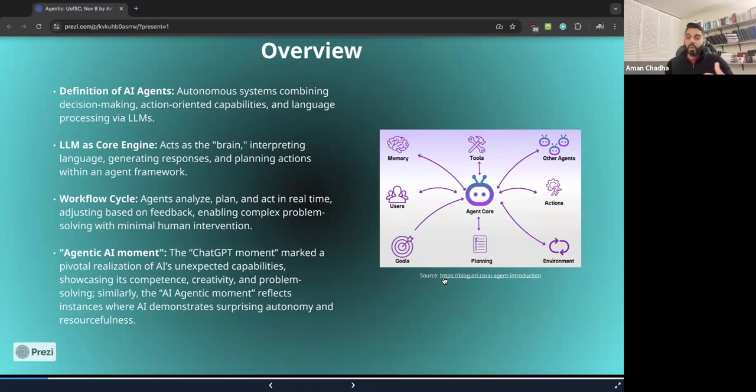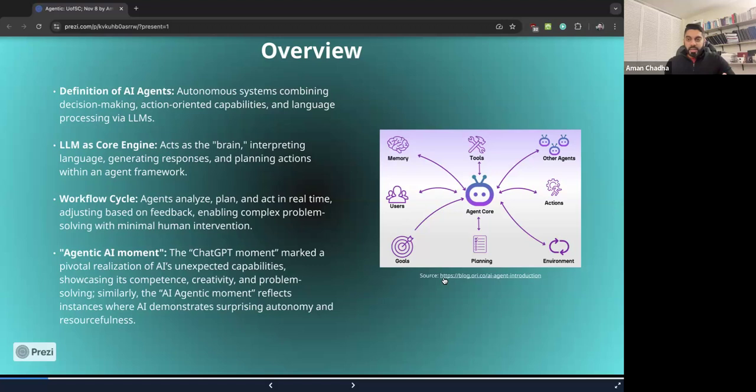Do we require reasoning? Do we require some planning? Do we require tool use? Do we require memory, short-term memory and long-term memory, as we'll talk about in the coming slides? So all of these different aspects are what are orchestrated by the LLM, which is the central orchestrator or the brain of the entire system. So the workflow cycle here is essentially analyzing, planning, like I mentioned earlier, and then figuring out in real time, based on feedback of the interactions that have happened previously, which are stored in memory, what is the best path forward in solving this particular problem statement that's been posed by the user.